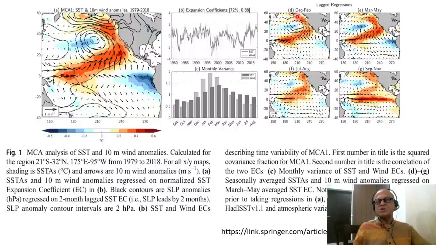So you can see that December, January, February, there is the sea level pressure anomaly that generates the original footprinting, and then that extends into the tropics and generates wind anomalies, so persists into March, April, May. June, July, August is when you get the ITCZ, which is obviously at its northernmost position in the summer months, and then that is influenced by the meridional mode induced wind anomalies, and you get persistence into September, November as